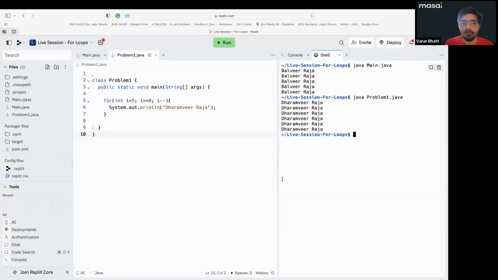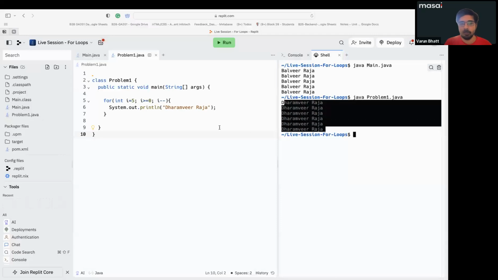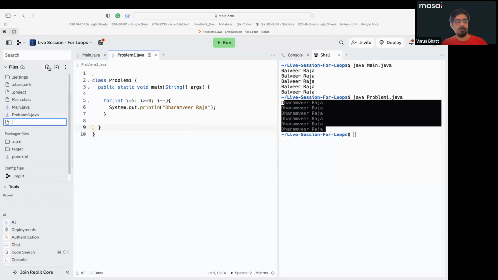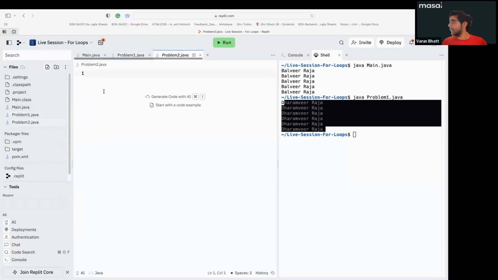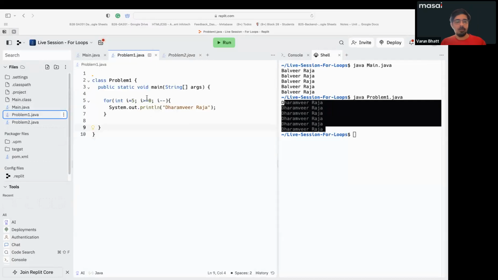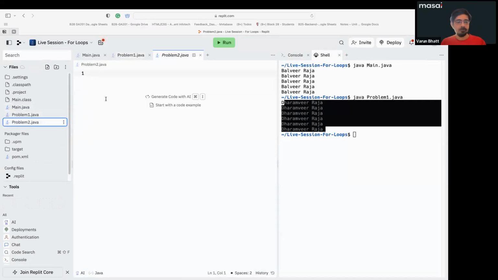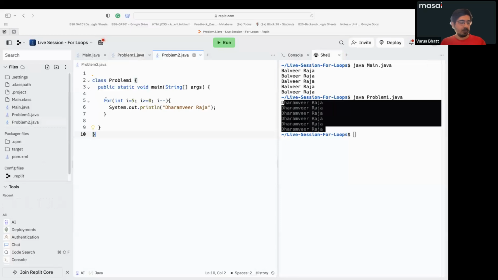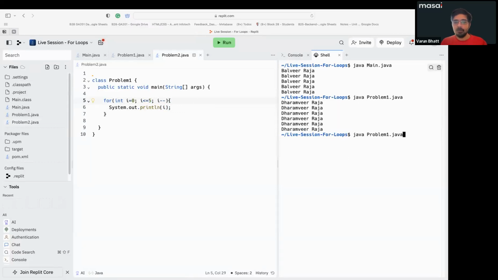you can see that Dharamvi Raja is printing 6 times. So the same output which it was giving previously. So problem 2.java. Now you can see this. What I'll do is I'll copy this code. Now if I want to print, like suppose if it is starting from 0, I less than equal to 5. And now suppose I write I decreasing, now if I run it,